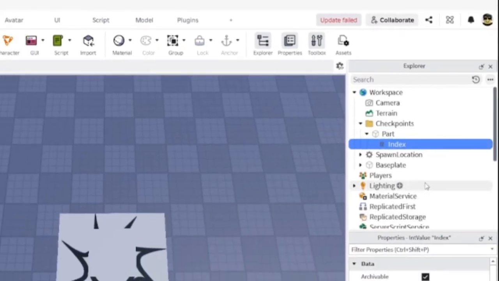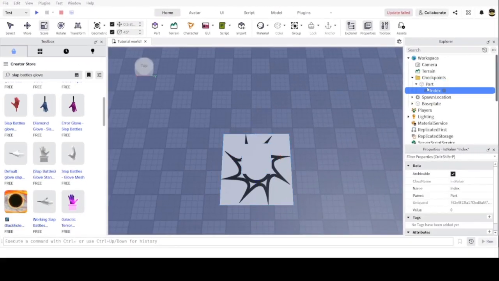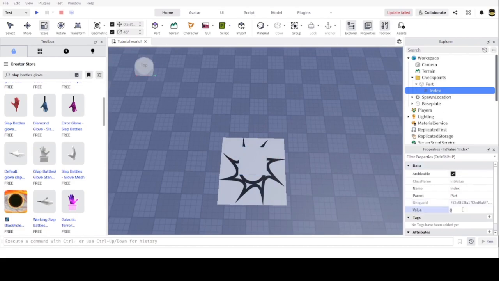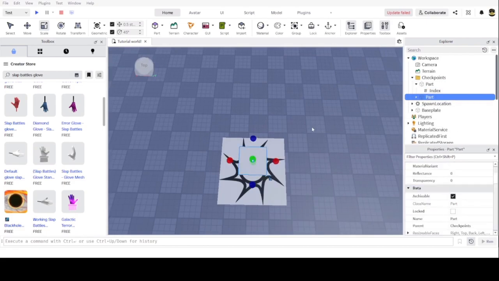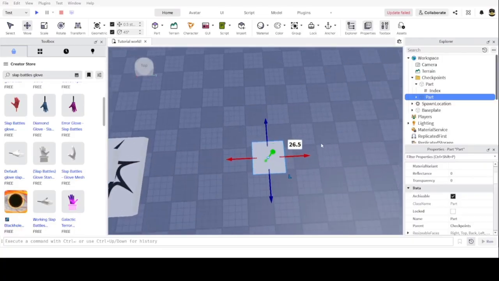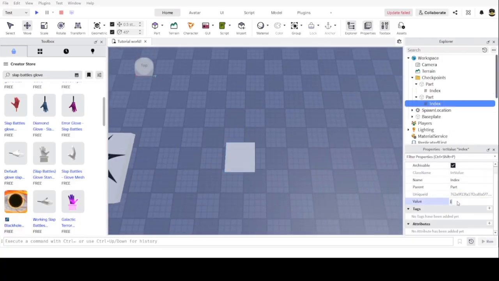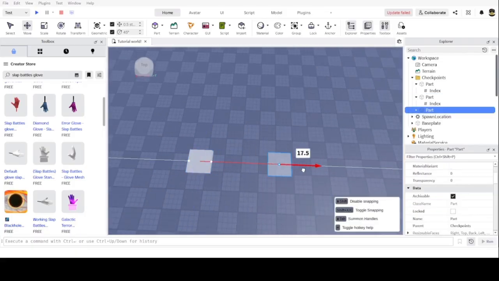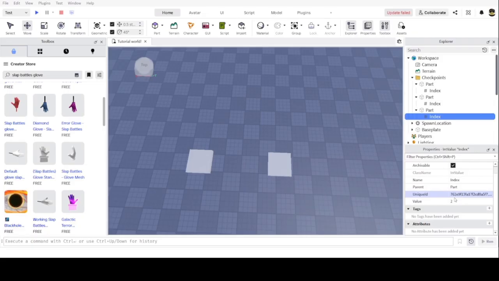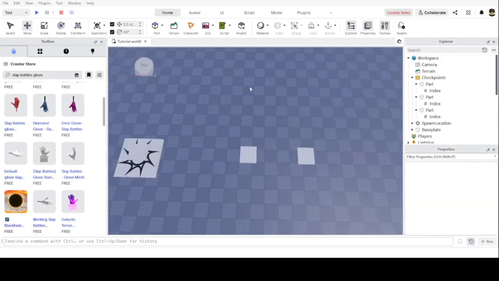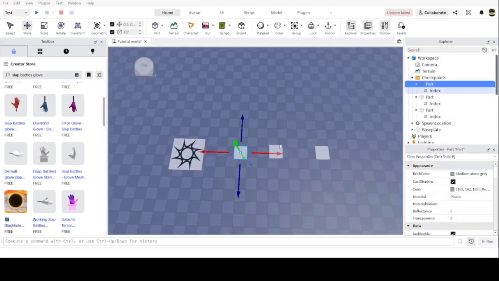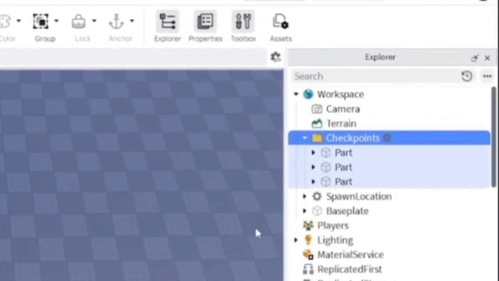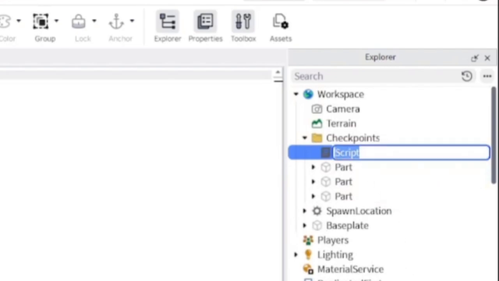The reason why I'm doing this is that you want every part to have an index. For example, let's say you are in the first stage, which means you want the index value to be 1. Similarly, if you are creating another part and this part is basically the second stage's checkpoint, you want to have the value as 2, and it goes on. So that is how you want to create your index values inside of your checkpoints folder. So this is going to be 3. And now that I've created 3 parts with index values, now we're going to insert a script inside of this folder right over here. I'm going to rename this script to